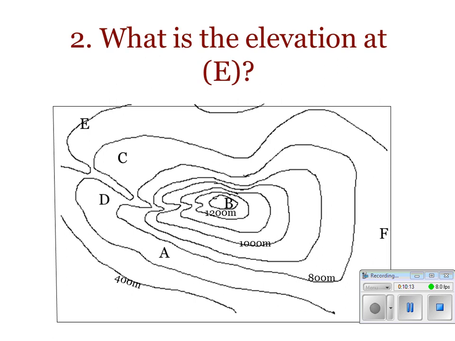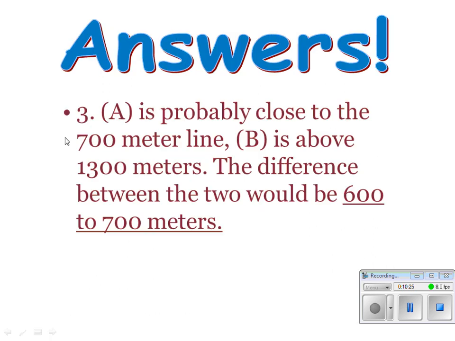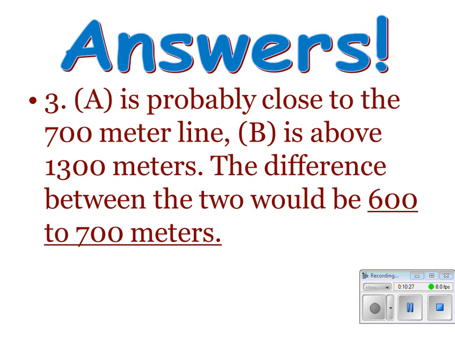The question was, what is the elevation at point E? There's E. Here's the line for 400. We can assume that it keeps looping this way. So E is about 400. Number 3, A is probably close to the 700 meter line. B is above 1,300 meters. So the difference between the two numbers, because we're going to subtract them, that's what difference means, would be 600